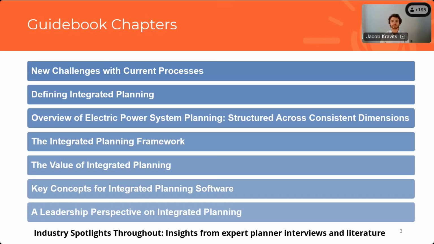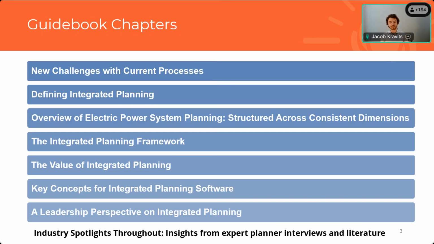Now, the next chapter is really the heart of the guidebook. It's our integrated planning framework where we give you practical modeling workflows for existing planning interfaces using that walk, jog, run framework that Aaron just talked about. Now, oftentimes integrated planning workflows are viewed as slightly more complex than existing workflows. And so the next chapter shows the value that you get for that added complexity. Integrated planning software is here to help. And that's really what that next chapter talks about. We highlight some of the key concepts that make integrated planning practical from a software perspective for today's planners.